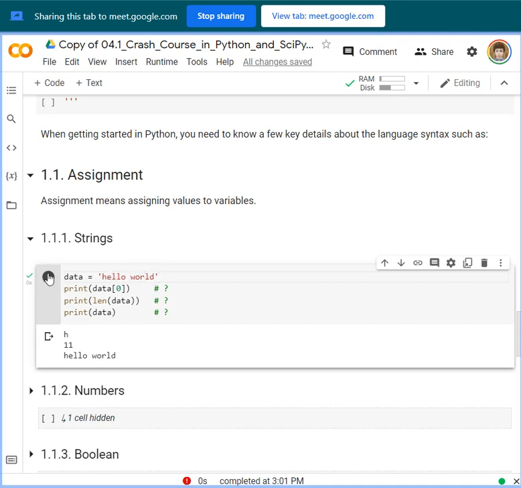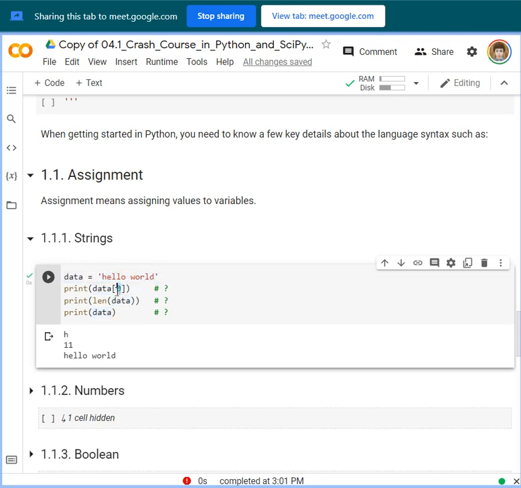If we execute this one, this is the output. Okay, so print data. This time we did not use a single quote inside the print because we are referring to this data variable, which contains the assigned string hello world.